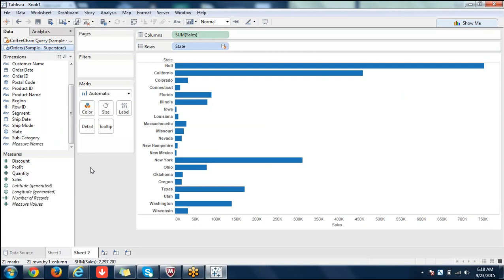Clear? This is very important because doing blending is very easy. You can just pull in two data sources like this and you can just select columns from them. But what happens if you get null values by mistake, they'll ask you why you are getting null values. That means one data source has more number of records than the other data source. Here Orders is primary, right? Orders has more number of values, whereas B doesn't have values. That's why it's showing null values. That is, coffee chain doesn't have more states, what all Superstore has, right?